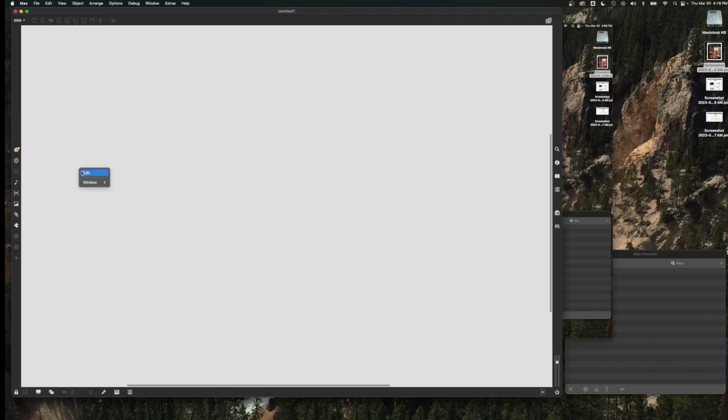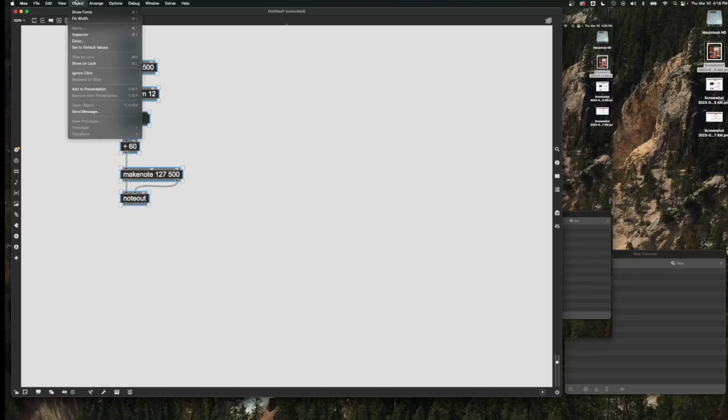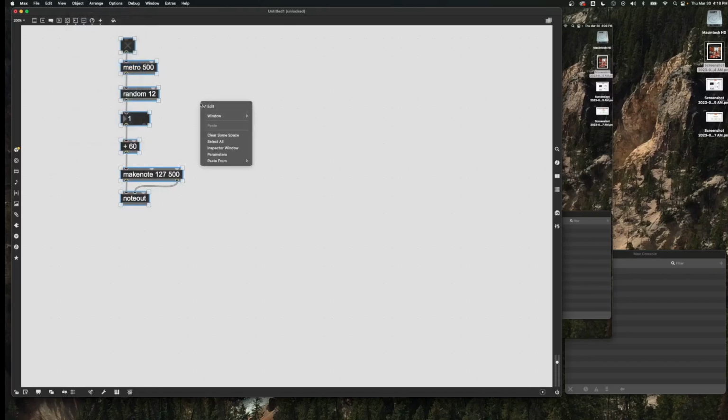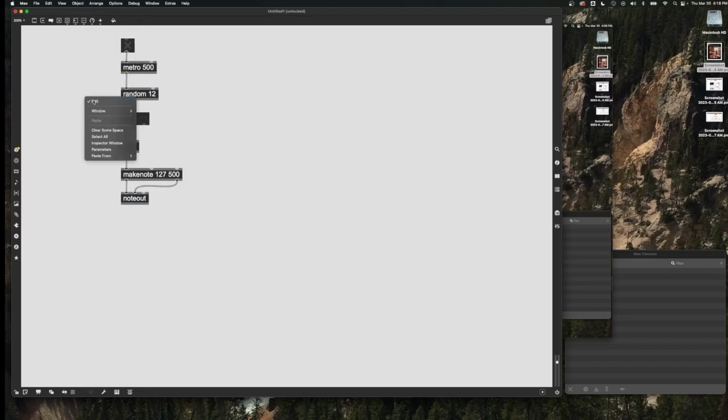And so let me unlock this patch so I can show some things. And I'm just using hide and show on lock. So I can change this now so this shows up. Make everything show up when I lock it. Okay. So with MIDI,